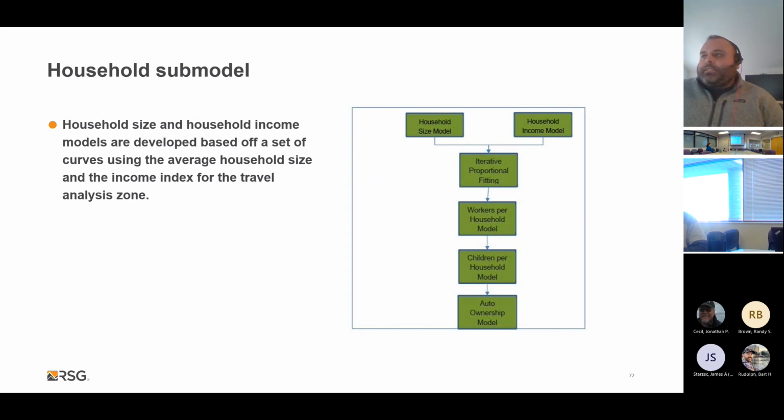So instead of having to process all this stuff manually, the model automatically has these household submodels and estimates through regression models and logit models what the prediction of the household characteristics are going to be. And those are matched to census values at the regional level.